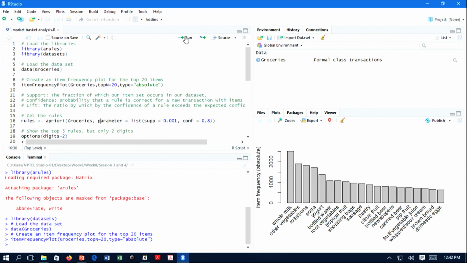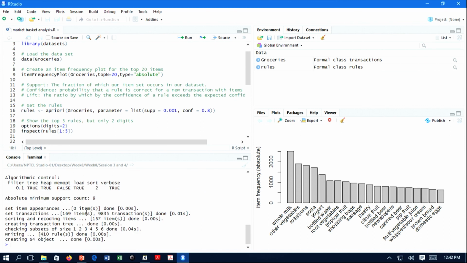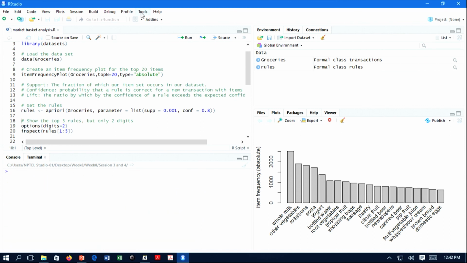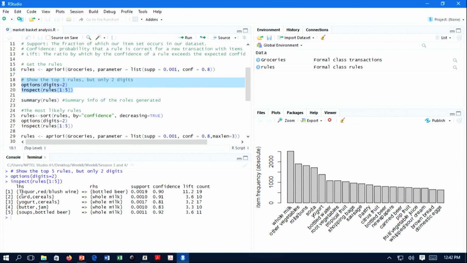Now, if I just run this, there are lots of rules that have been created, and if I just want to see a summary of those rules, let us say inspect the first 5 rules. These are the first 5 rules that have been created. Now, these 5 rules are not based on anything, they are randomly created. Like the first rule says, on the left hand side we have got liquor,